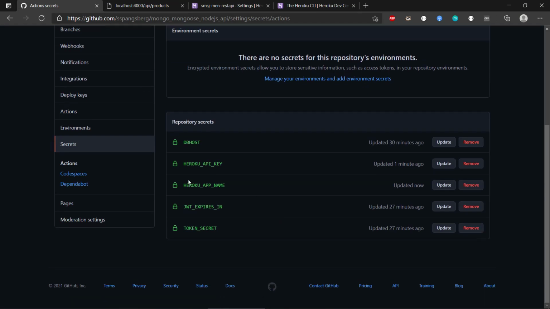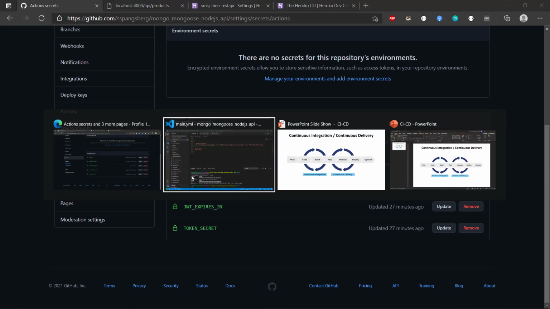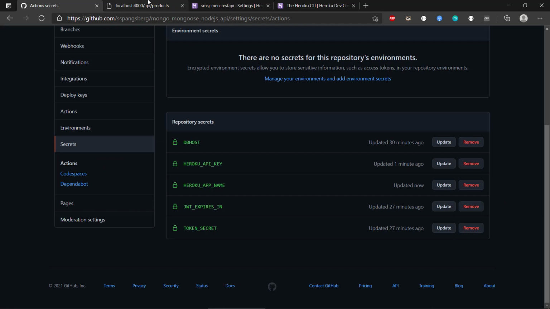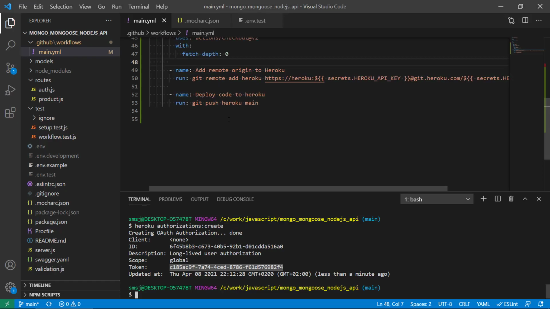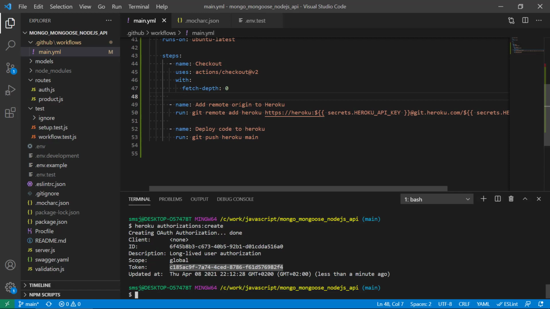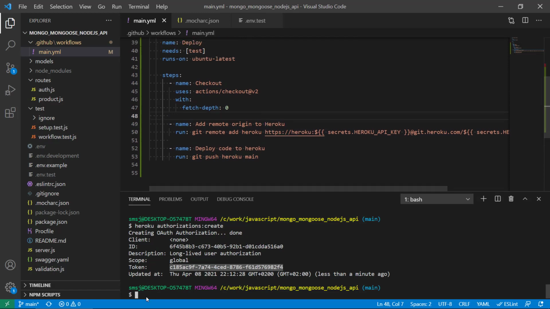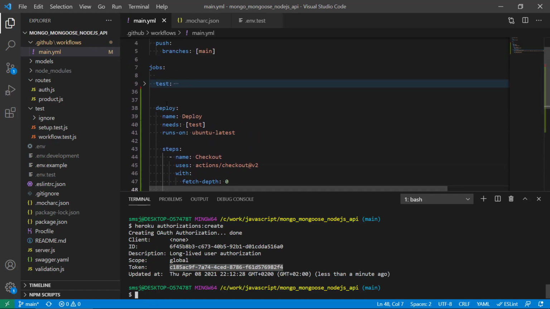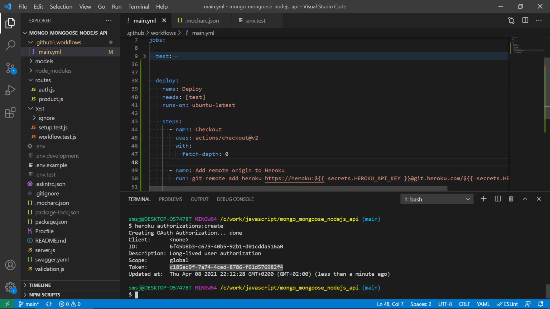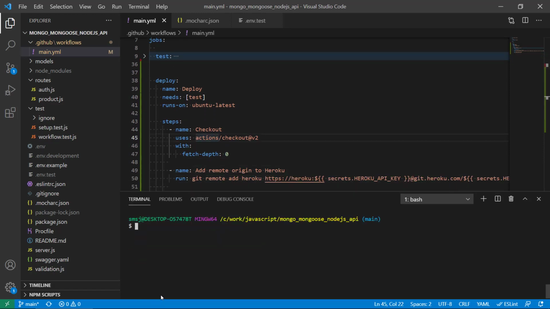Right, so we have the Heroku API key and Heroku app name that we need in our workflow file here. So we're adding the origin there. Let's see what happens if we commit the code. What should happen now is that it should run the test, and if the test passes, it should afterwards deploy it to Heroku. Okay, let's close the terminal and let's run